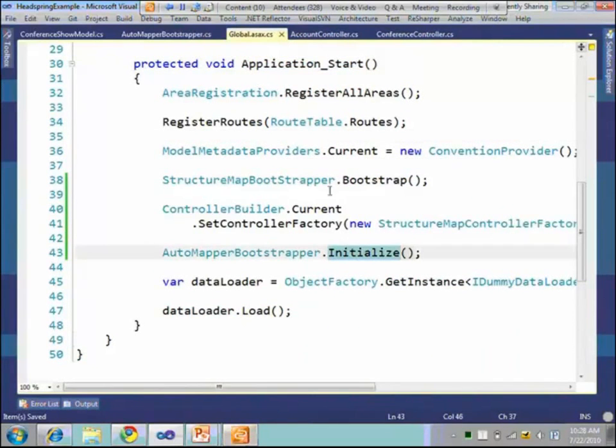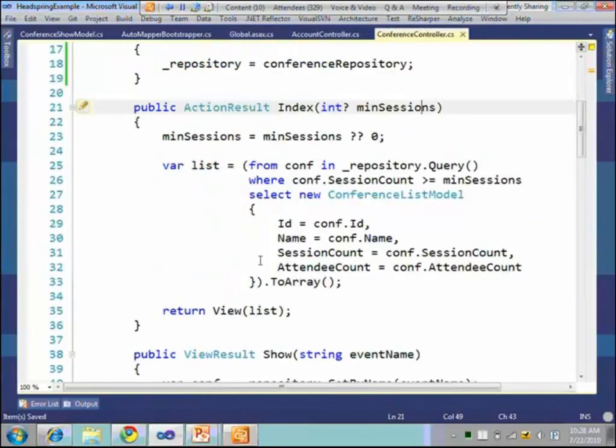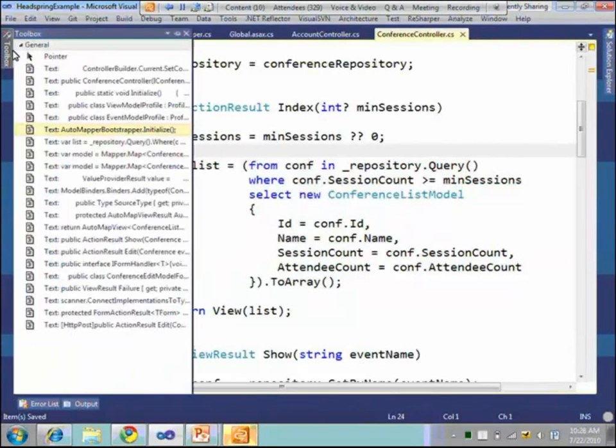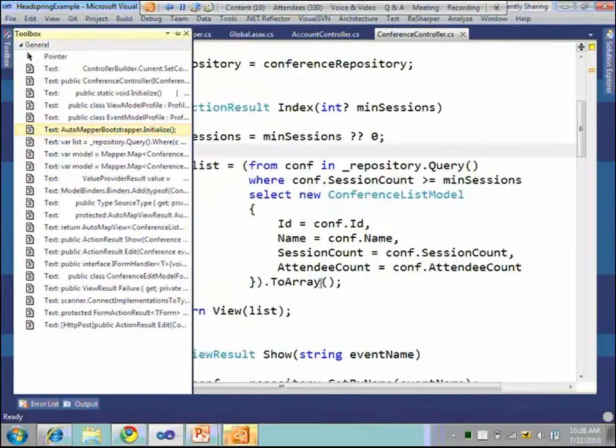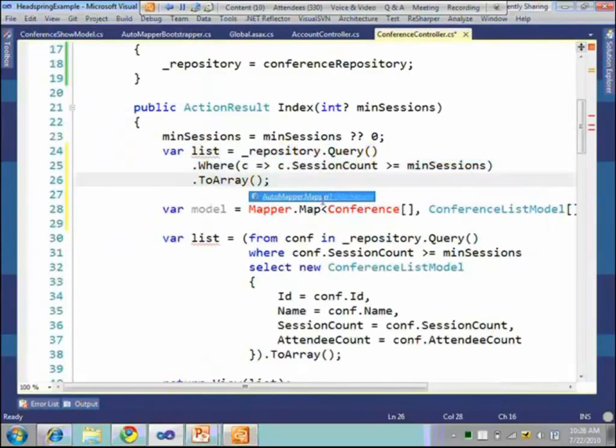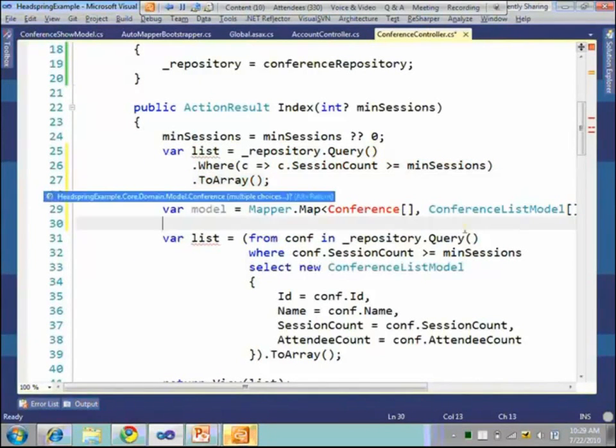Now that I call that, I can now use AutoMapper inside my controllers. So the next piece I want to do is, now that I have all my mappings configured, I'm going to go start deleting all of this heinous mapping code, all this junk right here. So with the power of copy and paste, I'm going to get rid of my existing code here and replace it with a substitute. So right before here, I'm going to replace all of this code